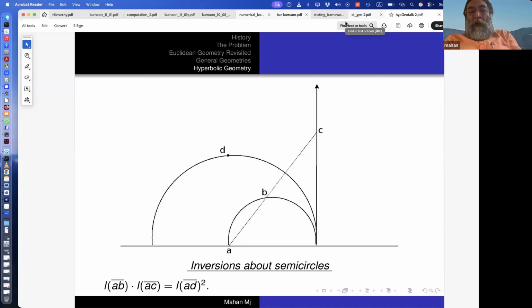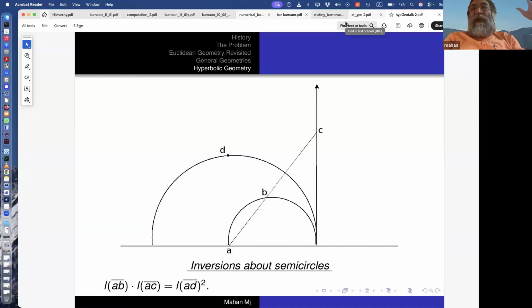And along any line through A, you look at the point at which it hits the vertical. That point is going to be sent to the semicircle inside, which means that this smaller semicircle through A and B is an image of the vertical line containing C inverted about the semicircle through D, and therefore the smaller semicircle through A and B is a geodesic. Nothing special about A and B.